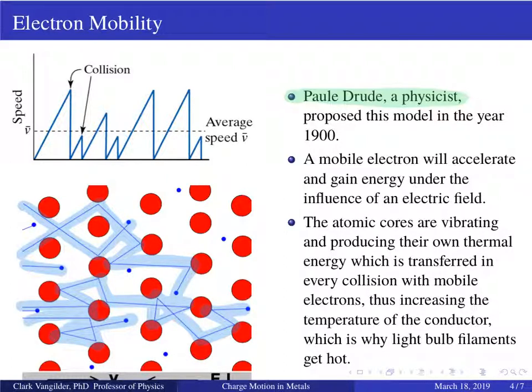But that's the early to late 1800s. I think he died in the late 1800s, if memory serves me well. So there was a lot known about current flow at this time, and Drude came up with this model, which has been a successful one. This is just a way to picture it, think about what's happening on the inside, and understand the results